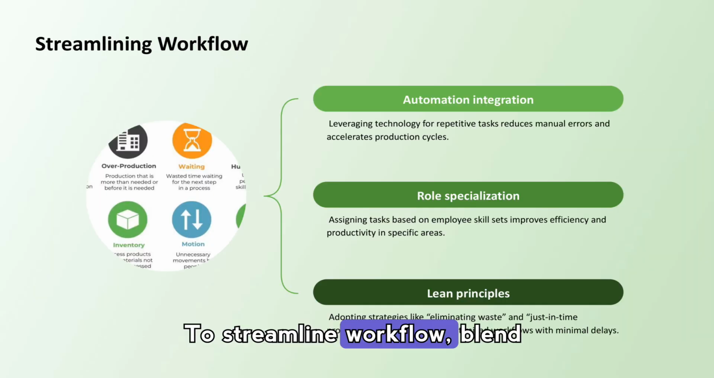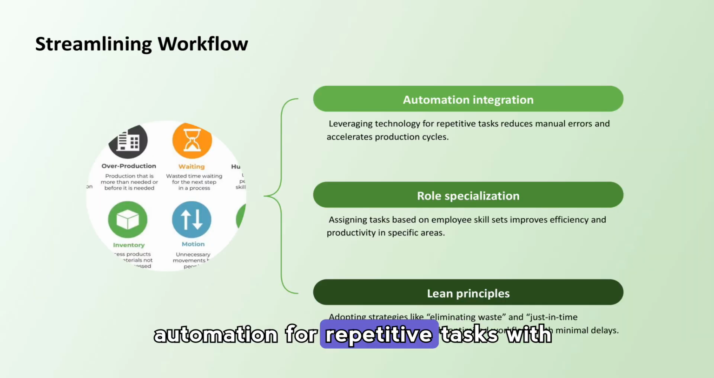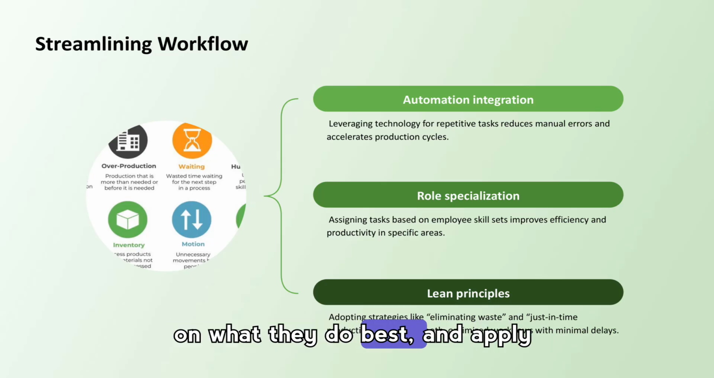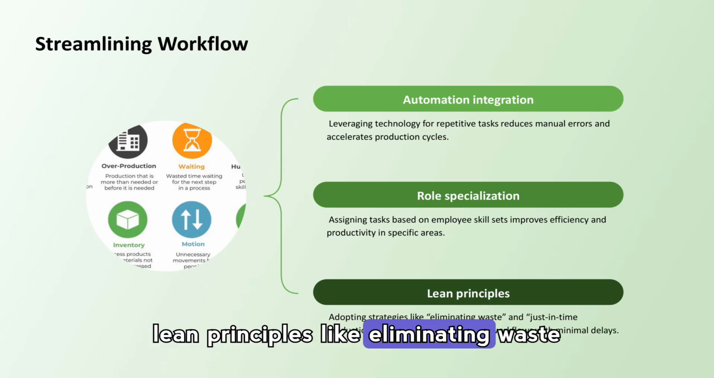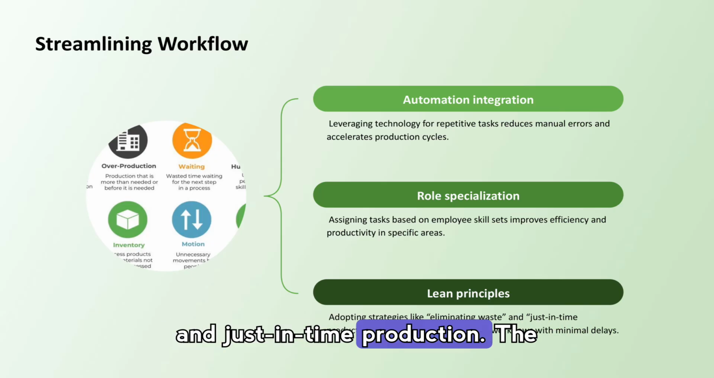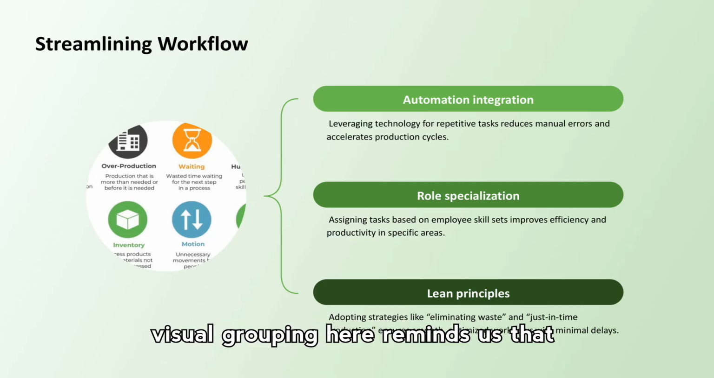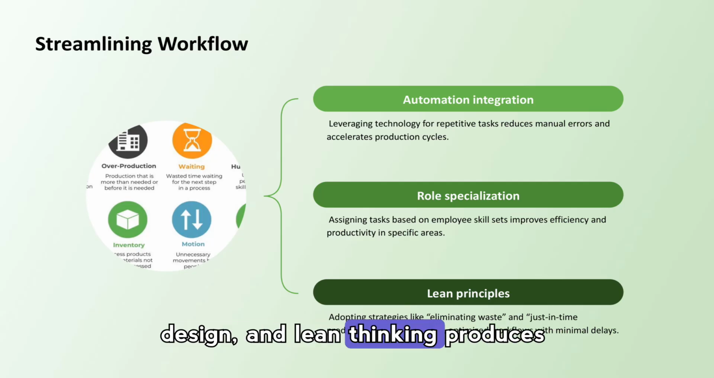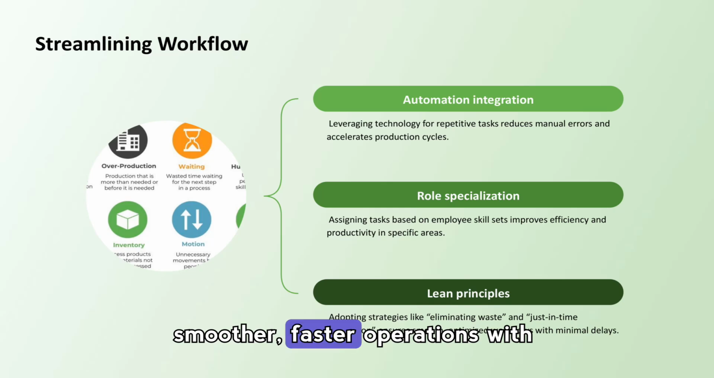To streamline workflow, blend automation for repetitive tasks with role specialization, so people focus on what they do best, and apply lean principles like eliminating waste and just-in-time production. The visual grouping here reminds us that combining technology, smart task design, and lean thinking produces smoother, faster operations with